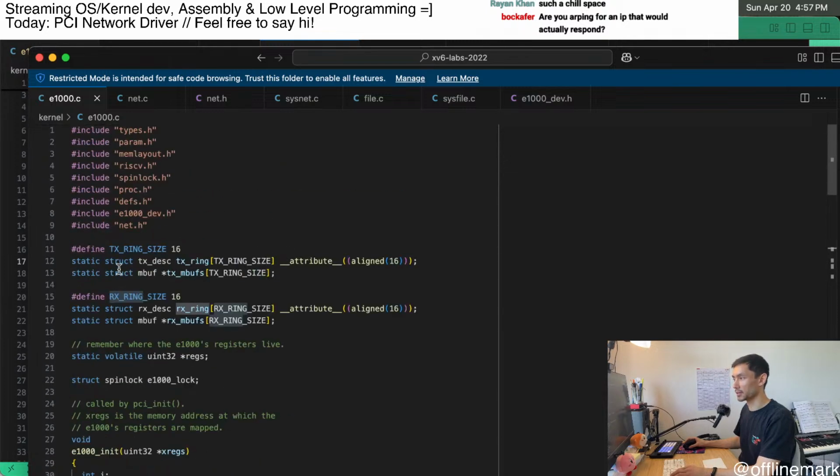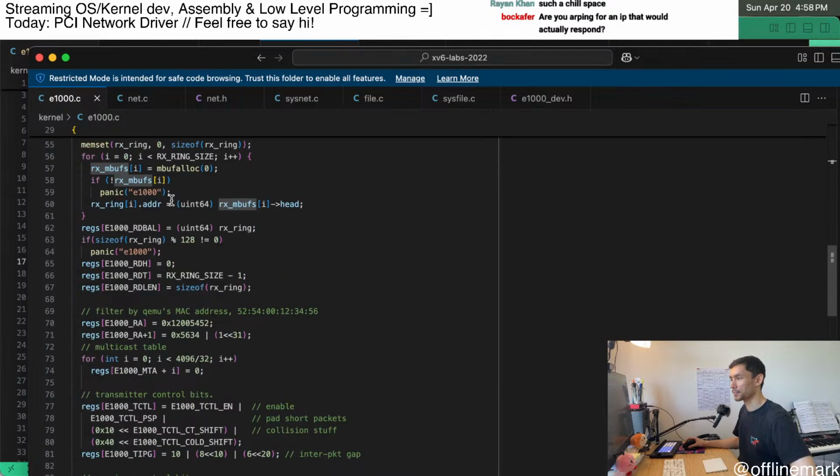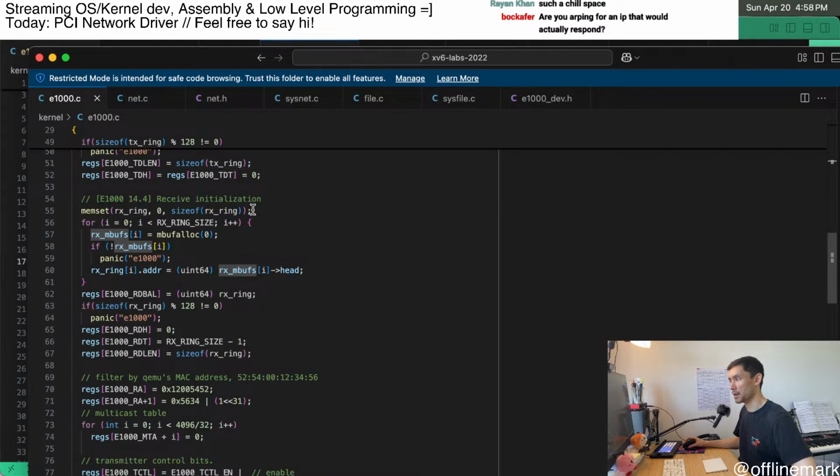So RX ring, they do it very similar to me, except they use 16, okay. Seems like just the buffer of the ring buffer and also some backing buffers. Memset everything, and then they,